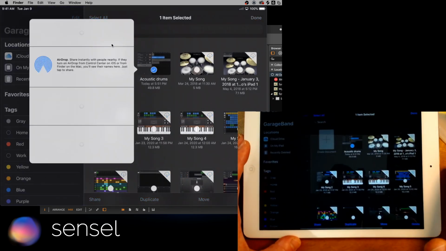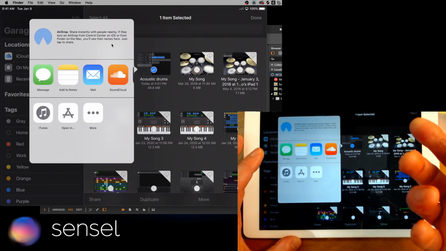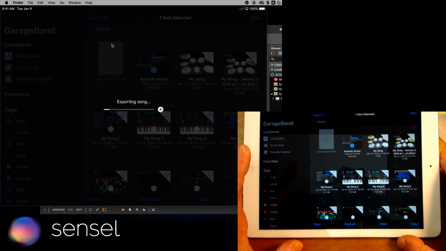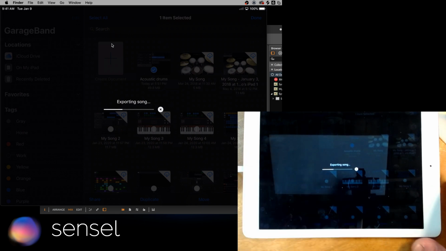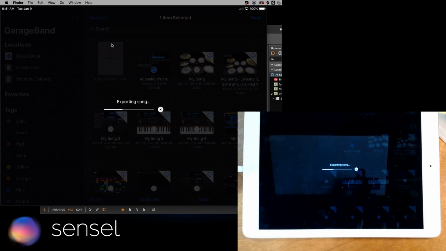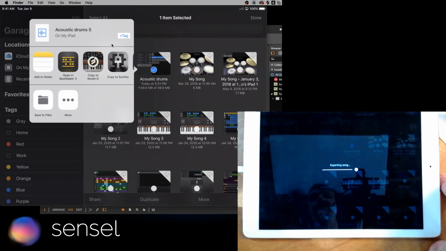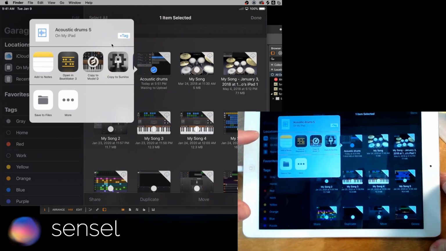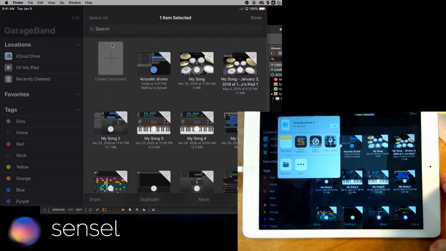And now I'll have the opportunity of choosing where I want to put that file. Go to Open In, and this is kind of unusual because there's an opportunity in the Open In section to open in Beatmaker, but I found that doesn't really work, and it kind of makes sense because Beatmaker isn't really designed to open files. It's designed to load them from within it. So instead of open in Beatmaker, which doesn't really do anything, you save to files,